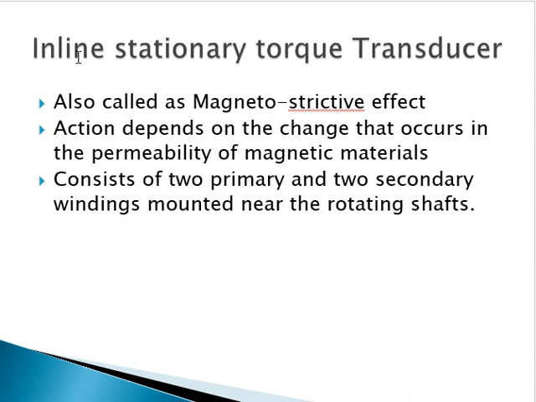Again I am repeating, an inline stationary torque transducer or sensor is a transducer which measures the torque of any body, and that sensor is generally stationary. The effect which is used for measurement of the torque is called the magnetostrictive effect, and its action depends on the change that occurs in the permeability of magnetic materials. What do you mean by permeability of magnetic materials? That we have discussed in the last lecture. It consists of two primary and two secondary windings mounted near the rotating